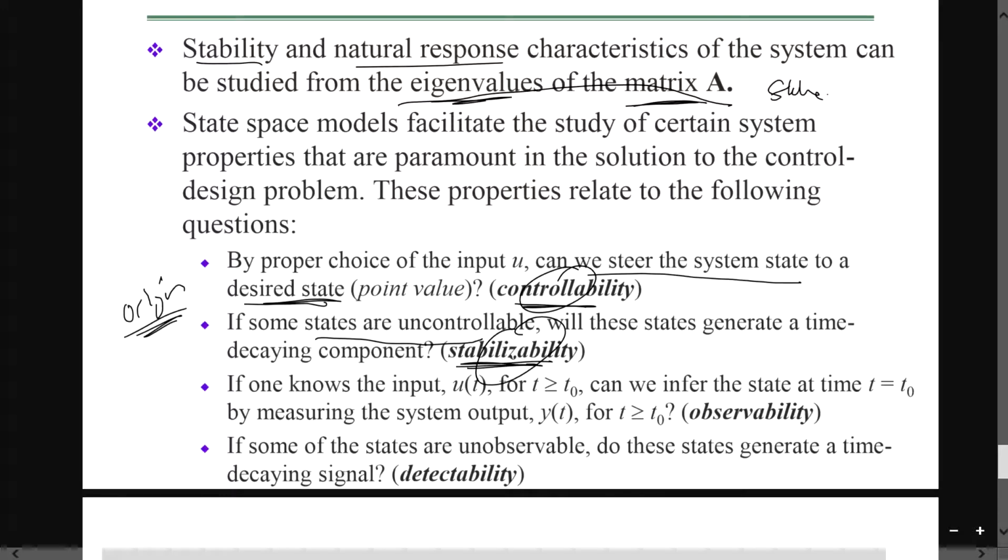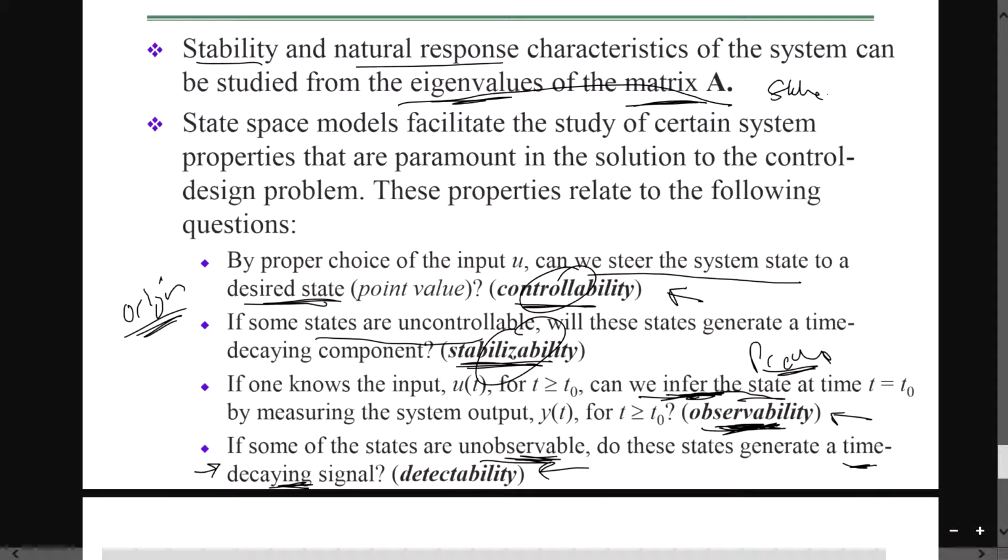Okay, and then this is for controllability and stabilizability. For observability, we can infer whether we can predict the state or not. It's more on the prediction, because for controllability you are steering your system to something that you want to control. For observability, you are inferring from your observations whether you want to change things or not. And therefore, for unobservable systems, if you can determine whether it is stable or not, based on the time decaying signal, I don't know what this is all about, but if it's stable, then you can say that your system is detectable also.